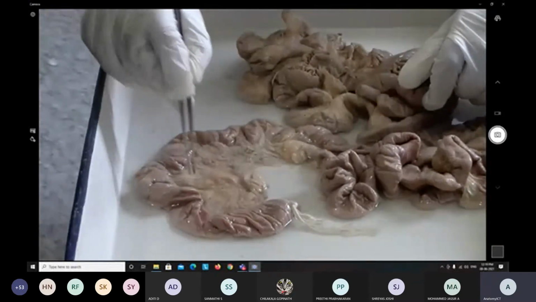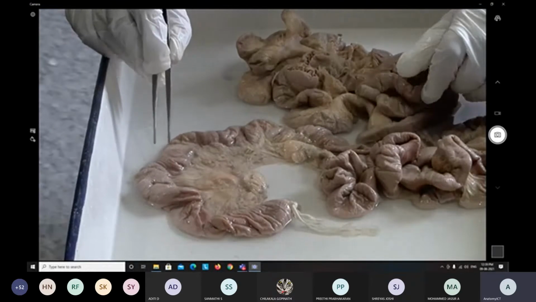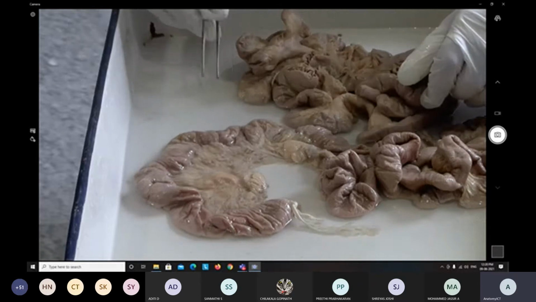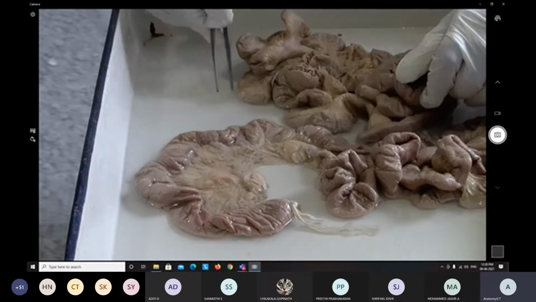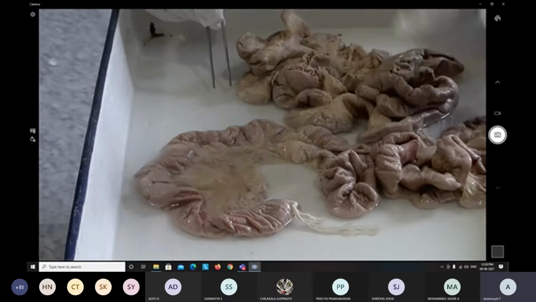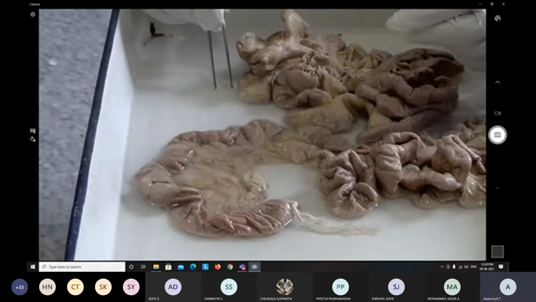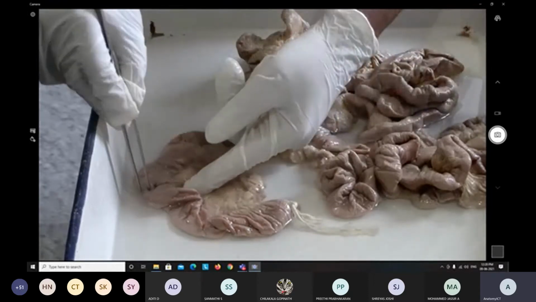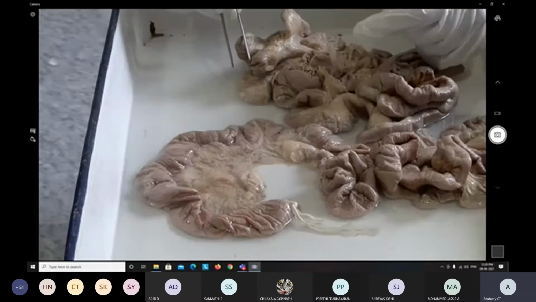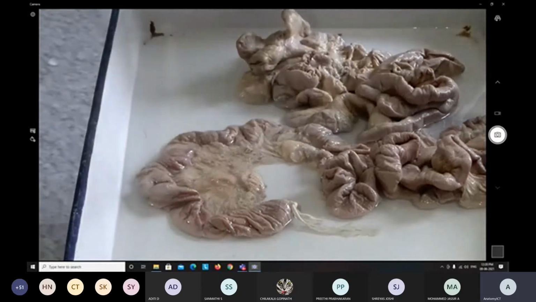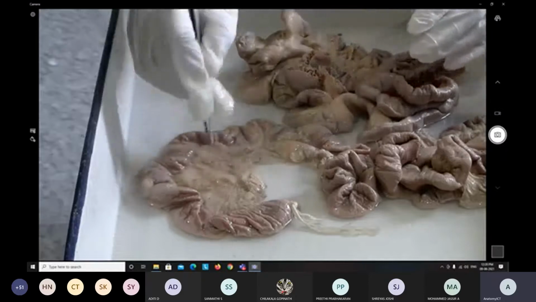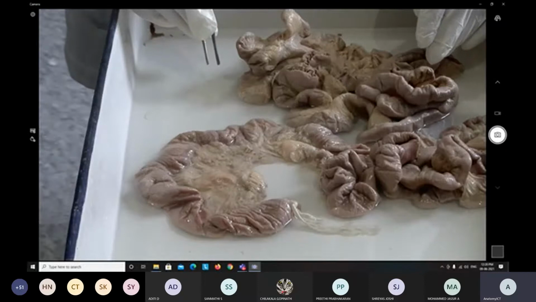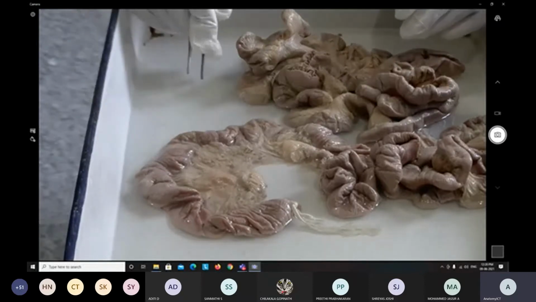Now, where the pancreatic duct opens into the duodenum, what do we call that? We call it the major duodenal papilla. Remember, the major duodenal papilla. If you know pancreatic development, the pancreas has two buds during development, which we call the dorsal and ventral bud. The ventral bud slowly comes and overlaps with the dorsal bud, and both are connected to the duodenum. The two ducts fuse with each other and form a single duct, the pancreatic duct, which opens into the duodenum as the major duodenal papilla.